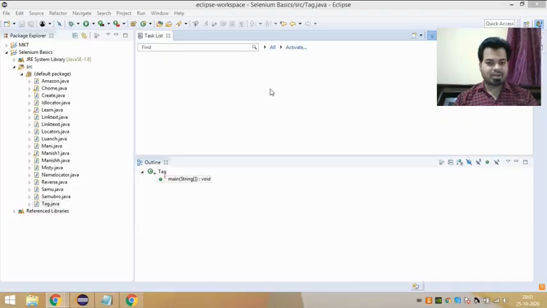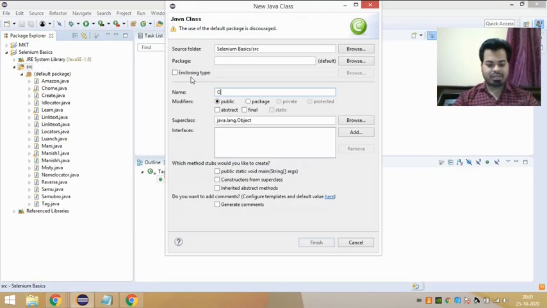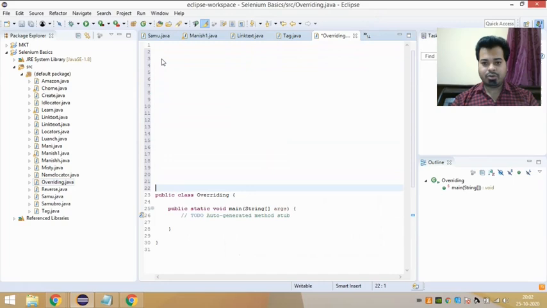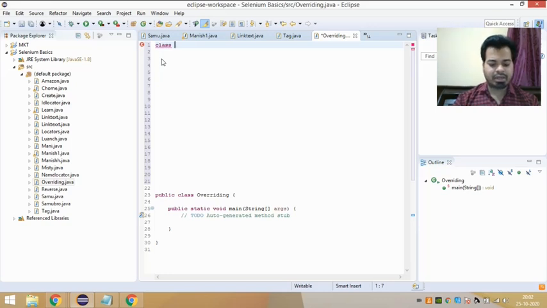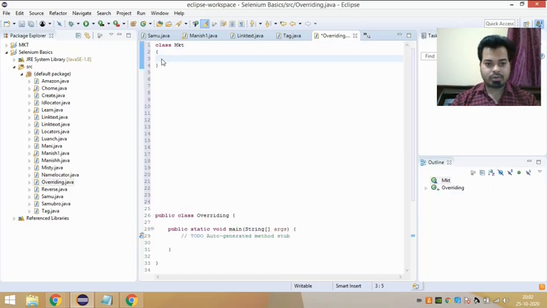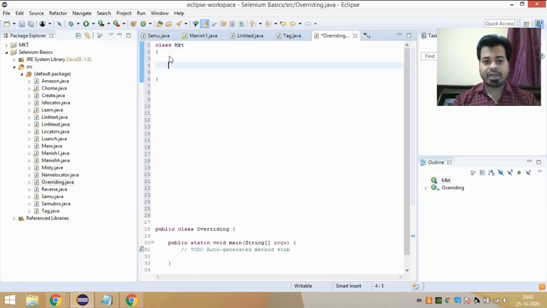Now to understand method overriding, let's create a class and give the class any name that you like. I'm giving my class name as riding, with public static void main as the main method. Since you have already understood that in method overriding you create a class that is your superclass, and you give it any name, let's say my class name is mkt, and then this is a class template, and then you create a superclass method in it.